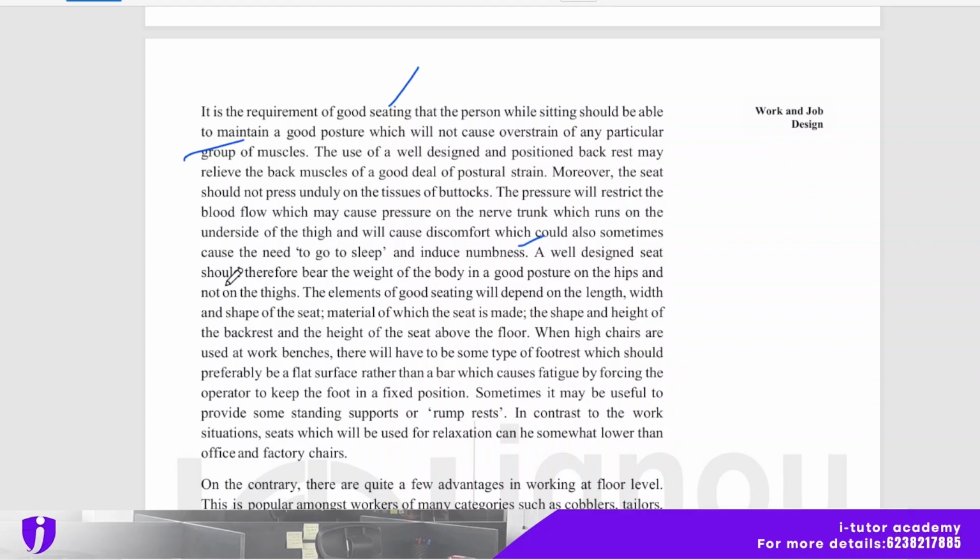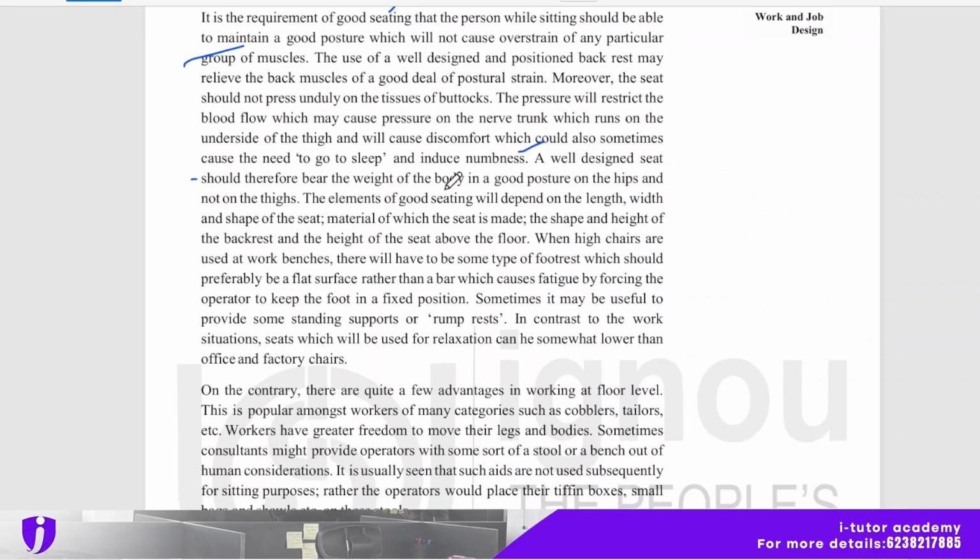And a well designed seat should therefore bear the weight of the body in a good posture on the hip and not on the thighs. So the element of good seating will depend on the length, width, and shape of the seat, and material of which the seat is made, the shape and height of the backrest, and the height of the seat above the